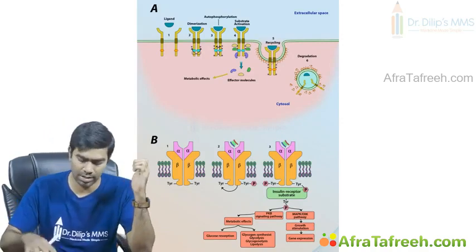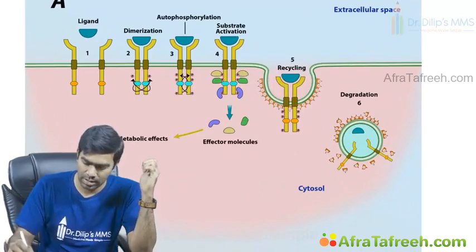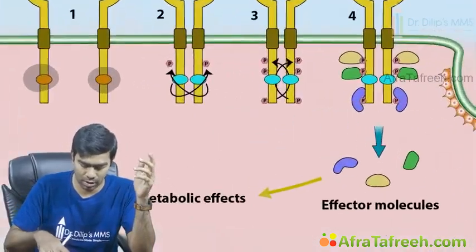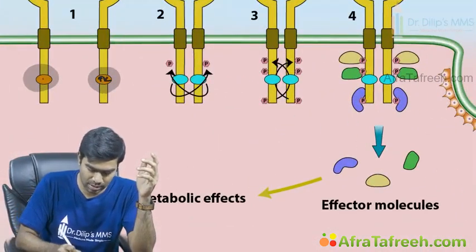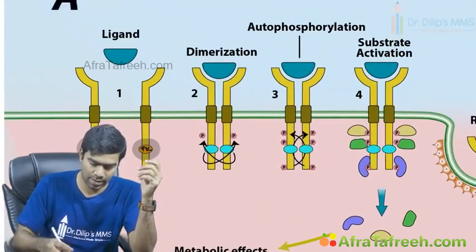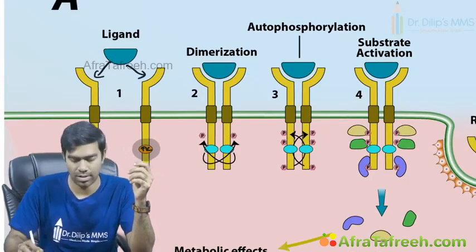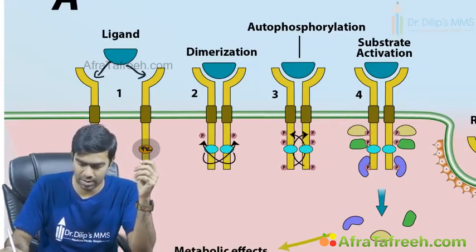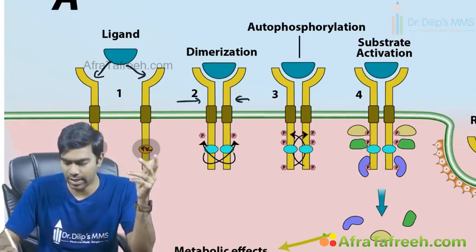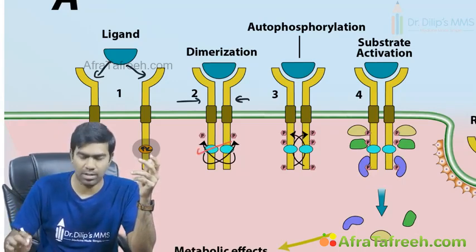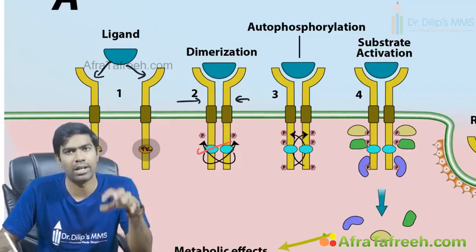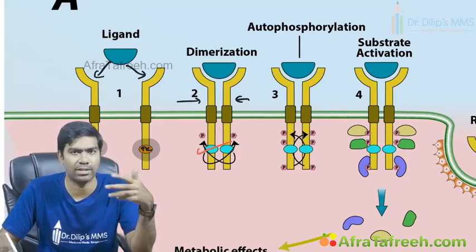What are the receptor tyrosine kinases? You can see the receptor itself has its own tyrosine kinase activity. This orange color that is shown, these are the natural intrinsic tyrosine kinase activity of the receptor. Whenever a ligand is binding with this receptor, it will result in dimerization of this receptor, with activation of the tyrosine kinase activity. So once the ligand binds, the tyrosine kinase activity will be enhanced and activated.